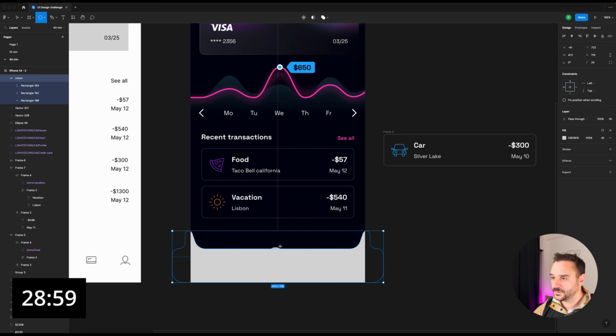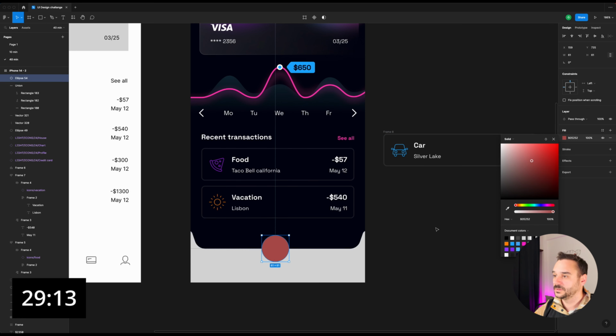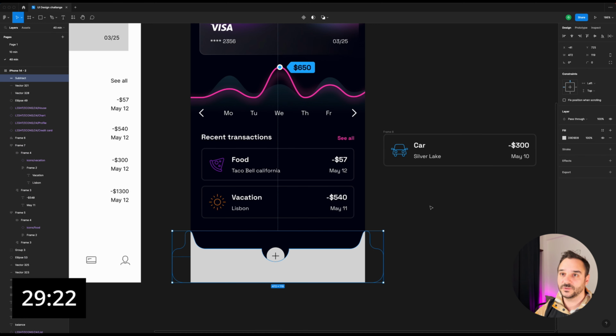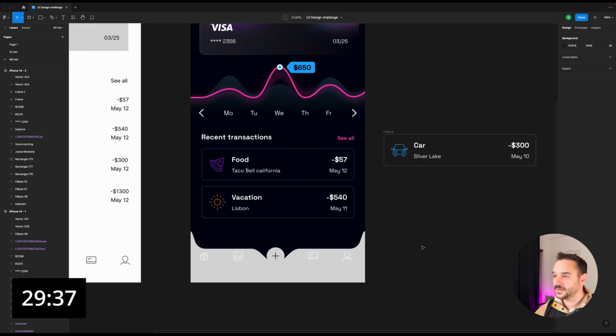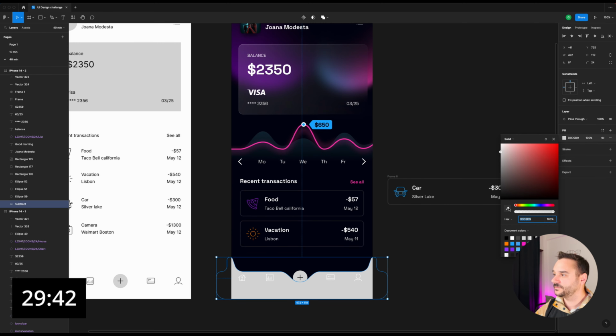And now I want to exclude an ellipse in the bottom. So I'm just creating an ellipse. I'm selecting the union and the ellipse as well, and I am going to subtract it. And I am adding a corner radius again, maybe 16 or 24. And let's send this to the background and pick up a color from somewhere here,